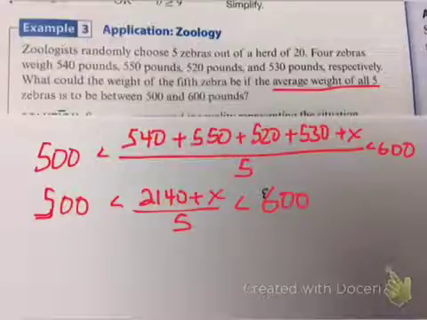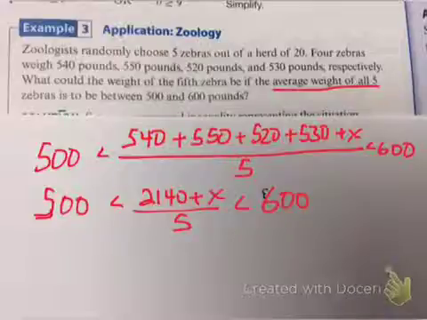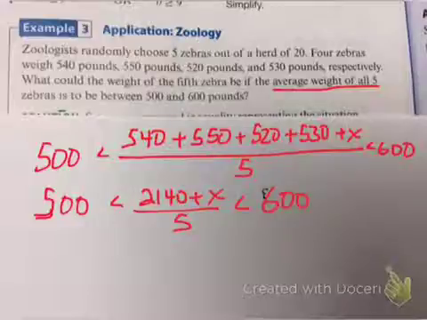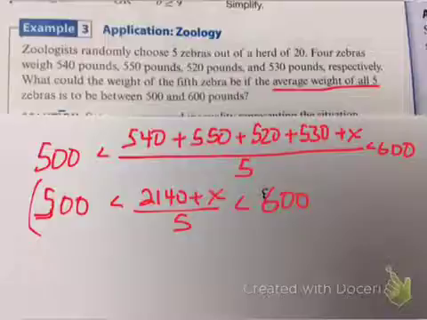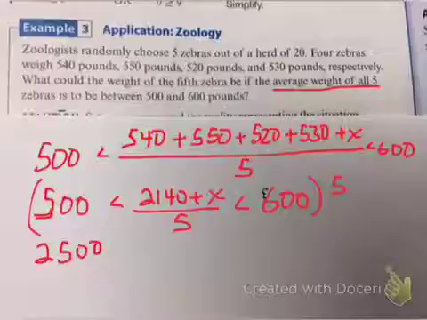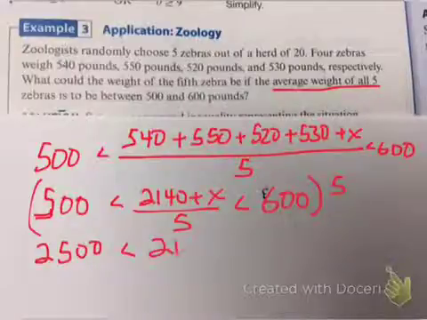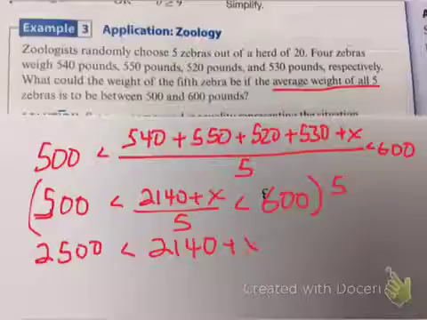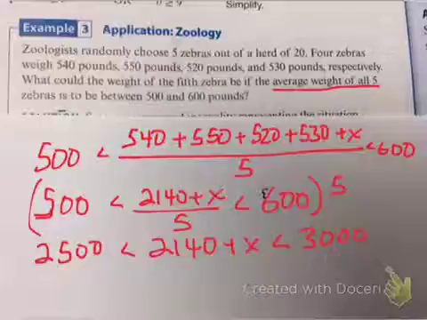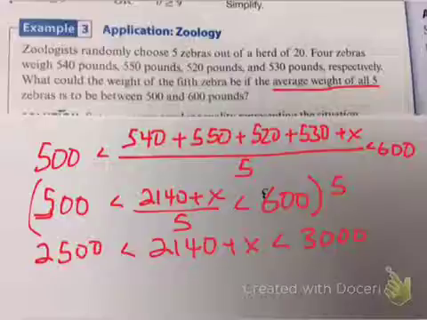Ignore that 3 there. That's just kind of from the white piece of paper I used so I'd have something to write on. Now, I alluded to this earlier. What would we do here to get rid of that fraction? Multiply everything by 5, and that will give us 2,500 is less than 2,140 plus X is less than 3,000. And we'll subtract 2,140 from all 3 parts, and that will give us